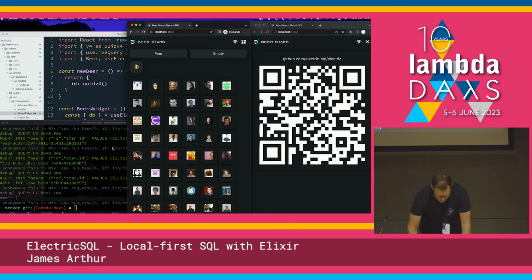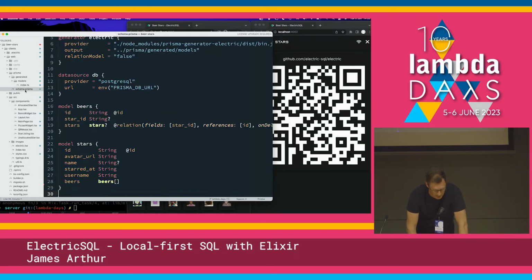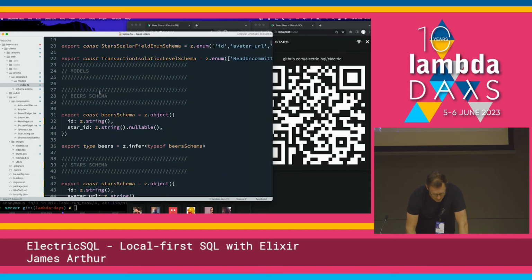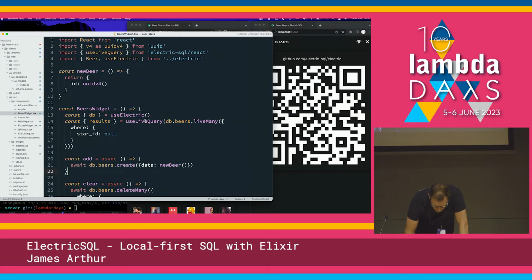The one other thing that I really wanted to show is, for instance here, when you update your Postgres schema, what actually happens is it comes through the replication stream using some clever stuff, and we build it out to a Prisma schema, and then we generate out a type-safe client, as you can see here. This basically uses Zod, and you end up with a type-safe data access library built on your DDL schema. If we went to this beers widget and hovered here, for instance,